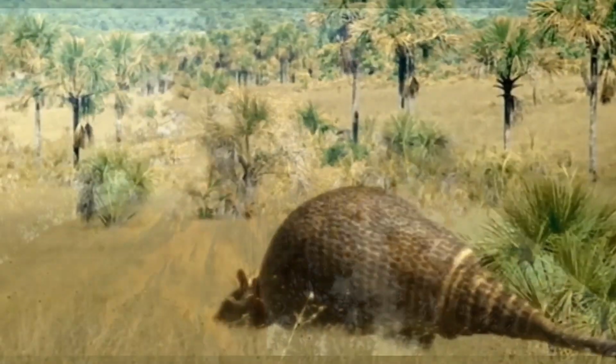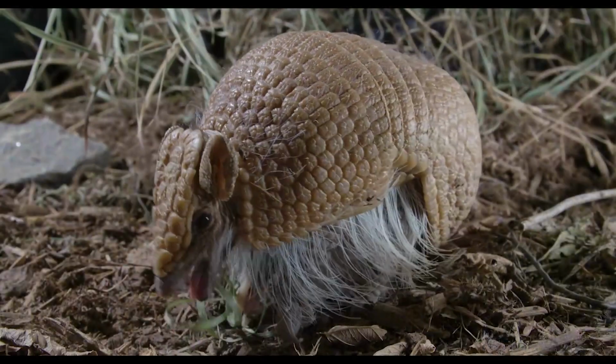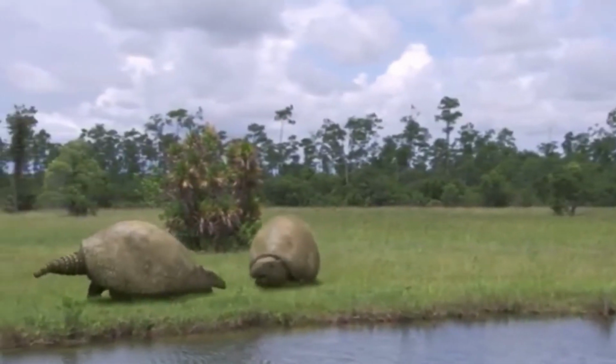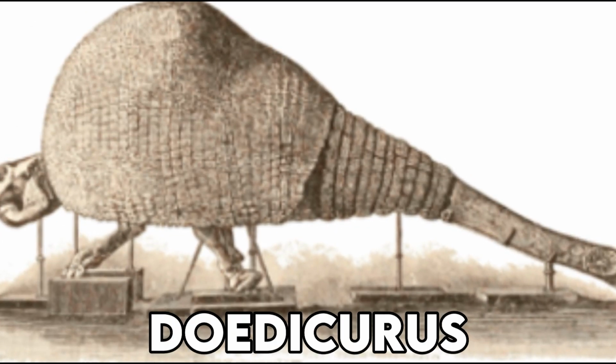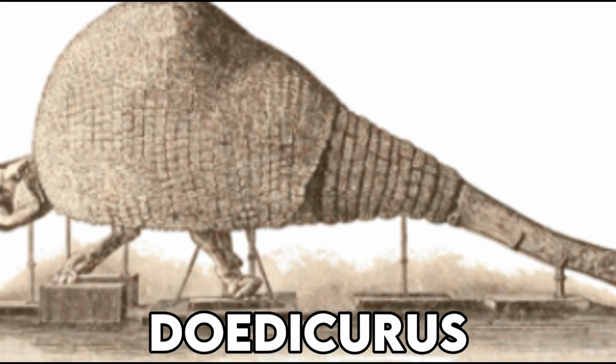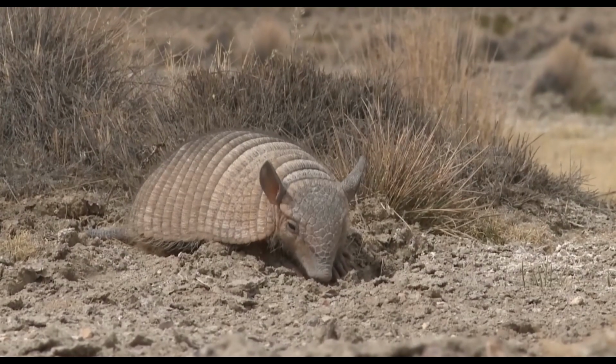a creature that looks like a cross between a tank and an armadillo, with a body as round as a bowling ball and armor that could withstand the fiercest of battles. Get ready to meet Doedicurus, the real-life armored warrior that once roamed the wilds of South America during the Pleistocene